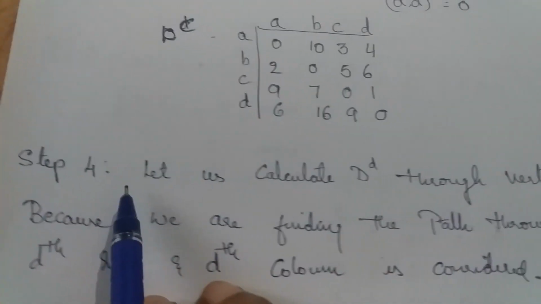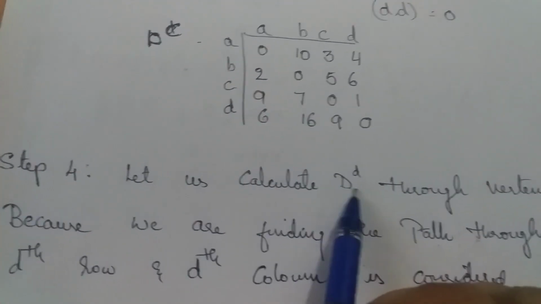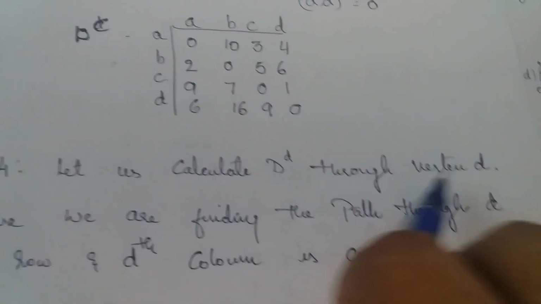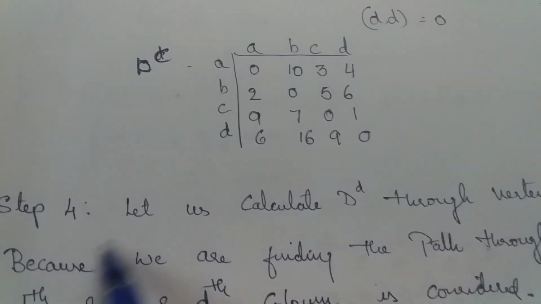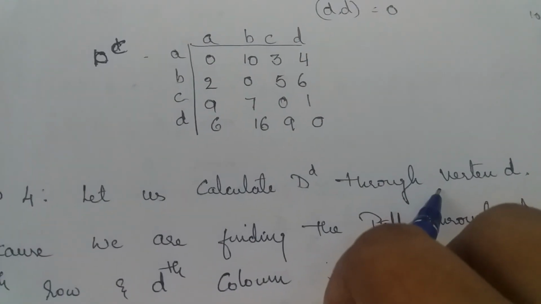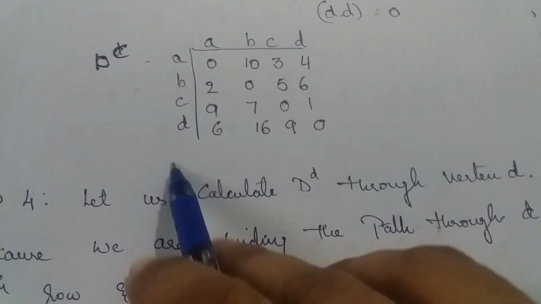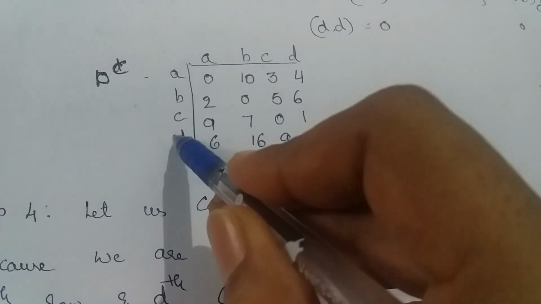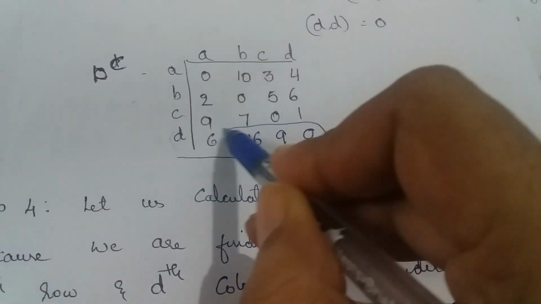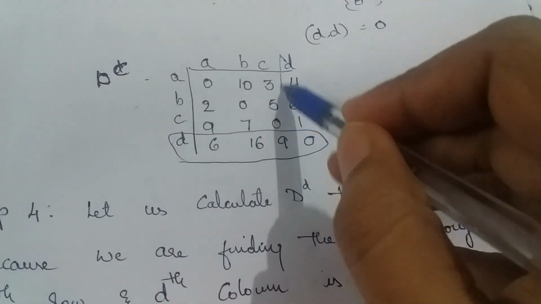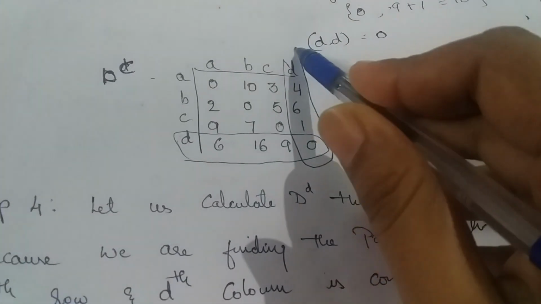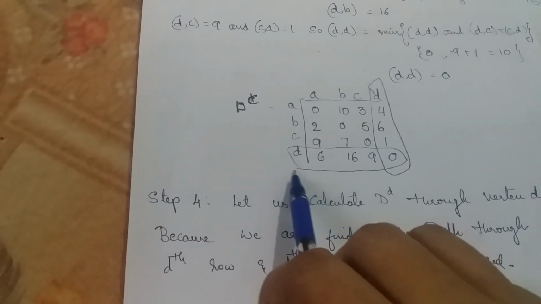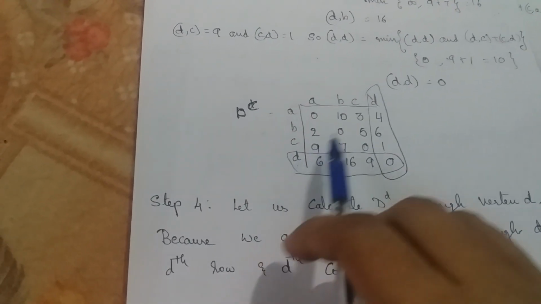Next, in the last step, we have to calculate D of D, that is all the paths which are going through vertex D. In the last step, we have to find all the paths which are going through vertex D. Hence, in this we will consider the Dth row and Dth column, and in the same way we have to find the path D to